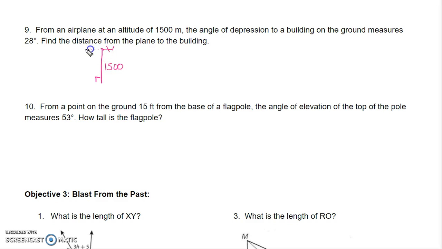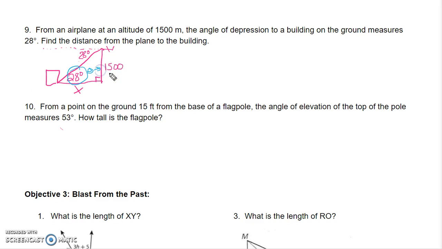So from the airplane's point of view, here's my horizontal line of sight, and he's looking down at the building at 28 degrees. Angle of depression is looking down. And then I complete my triangle, and they want to find out the distance from the plane to the building. So that would be my horizontal distance. Now, if you'll remember, this horizontal line of sight of the airplane and this horizontal distance that we need to find are parallel, which means if the angle of depression is 28, then the alternate interior angle here is also 28. So that gives us our theta,